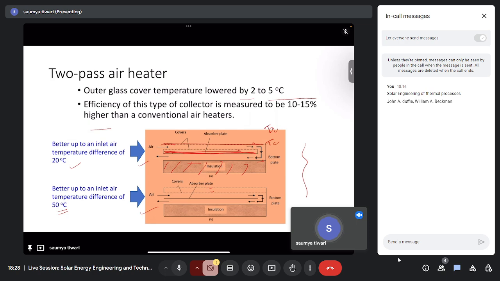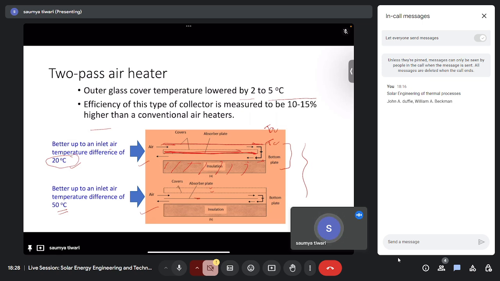So it's basically beneficial also, because your cover temperature is now, in this type of flow, also decreased, and your air is also getting preheated before coming between this absorber plate and your bottom plate. So you can see the better performance up to an inlet air temperature difference of 20 degrees Celsius. This is another configuration where the air is flown between two covers